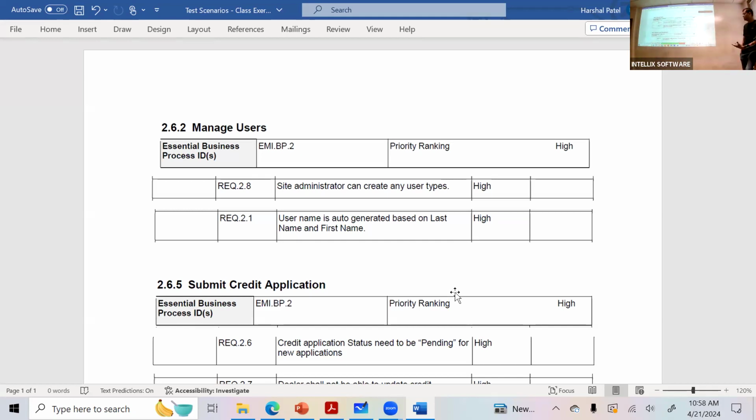It says it's auto-generated, so you're not typing in the username, unlike Gmail. When you create a new Google account, you are actually typing in your username, right? But that's not the case here. It's supposed to generate based on your last name and first name. So what's missing?